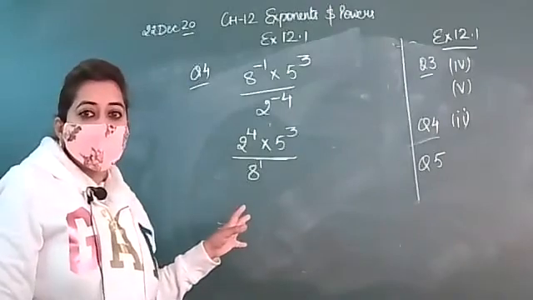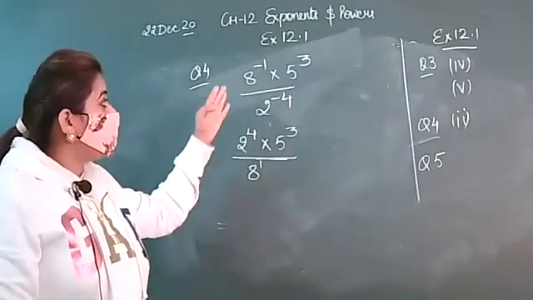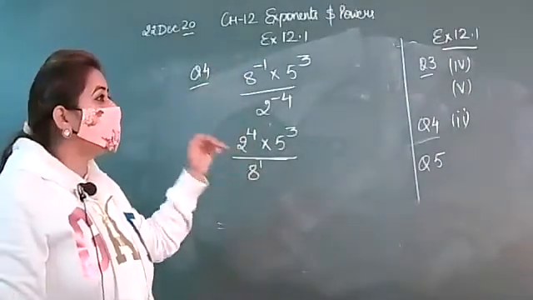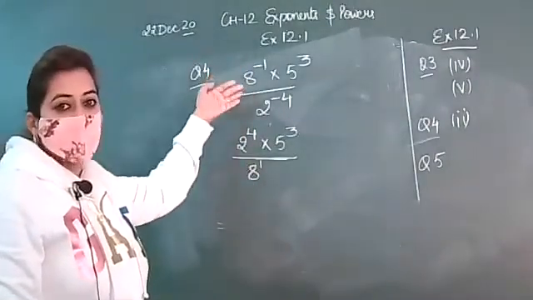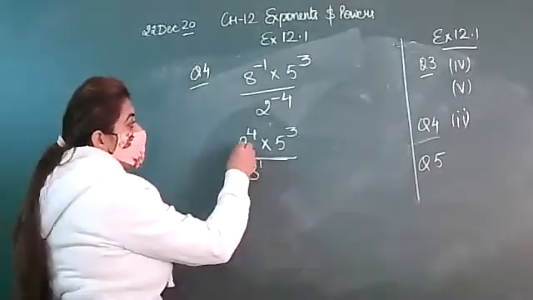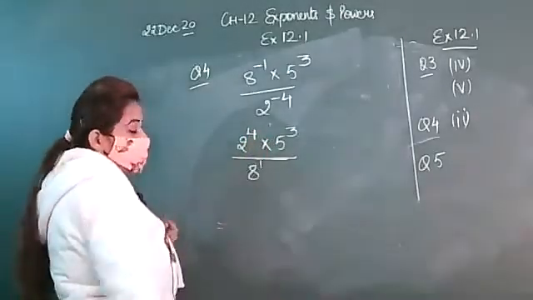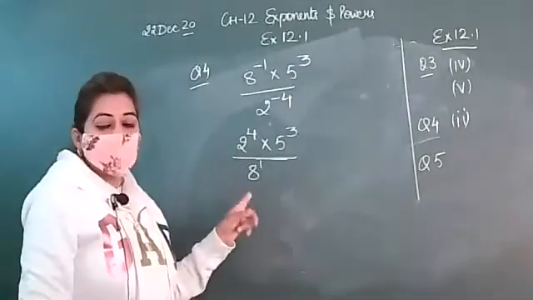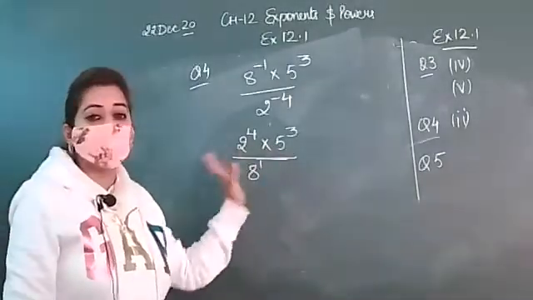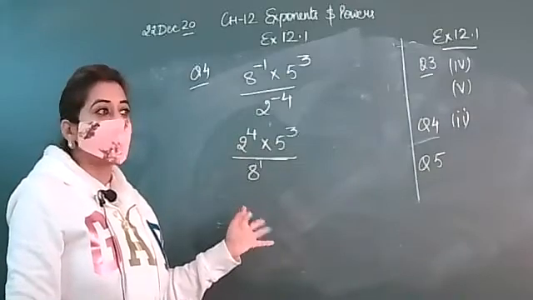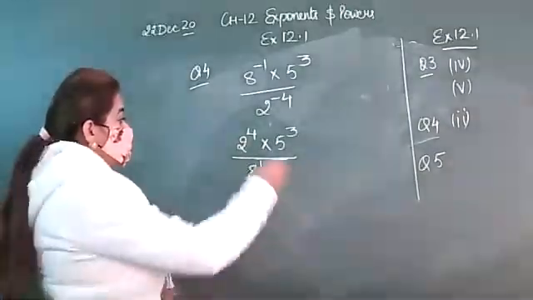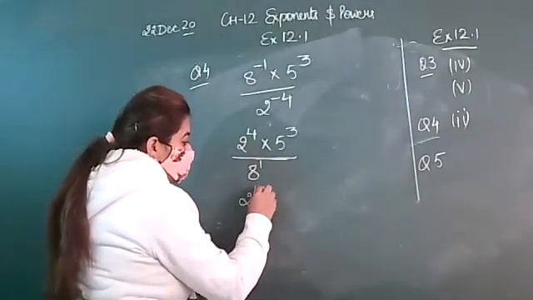Is this clear, beta? So I have made the reciprocal of this. Numerator will come to denominator, denominator will come to numerator to make the power positive. Now 2 raised to power 4. But here are the two ways to solve this. Either you can apply the law or you can directly open the terms and cut it out, and after that whatsoever term is pending, that you will write in the answer. So I'm telling you both the ways.